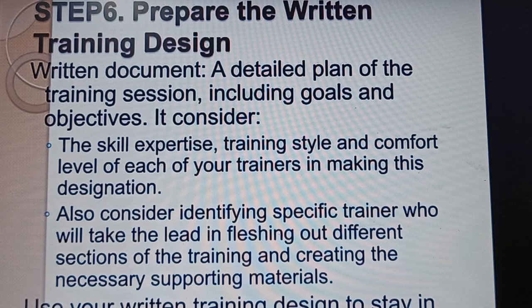Step 6 is prepare the written training design. That means a written document or detailed plan of the training session, including goals and objectives, considering the skill, expertise, training style and comfort level of each of your trainers in making this designation. Also consider identifying a specific trainer who will take the lead in fleshing